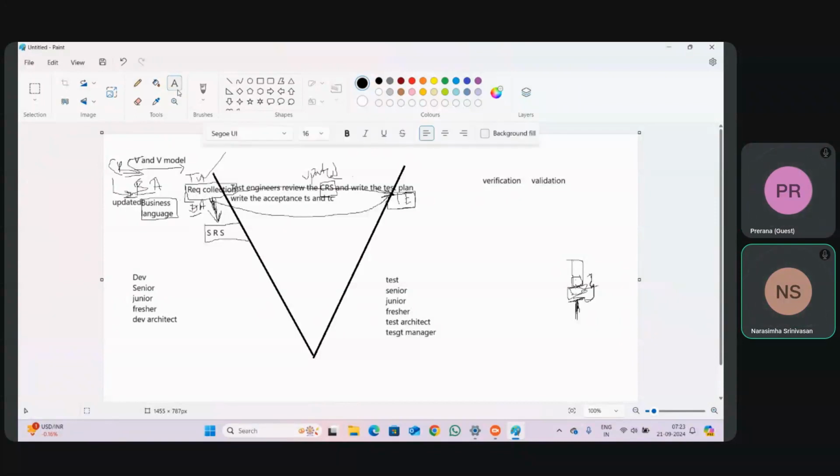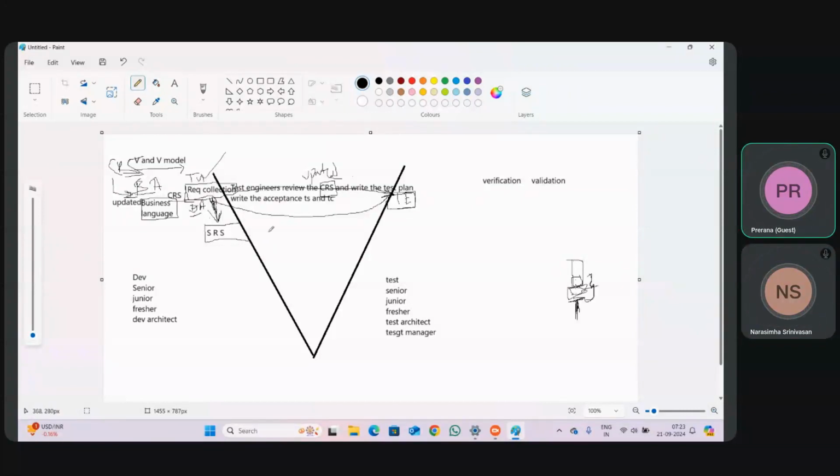Let me add SRS and CRS here so you will understand. In the first stage, we are checking the requirement, the CRS. Next, the business analyst is converting the CRS to SRS.